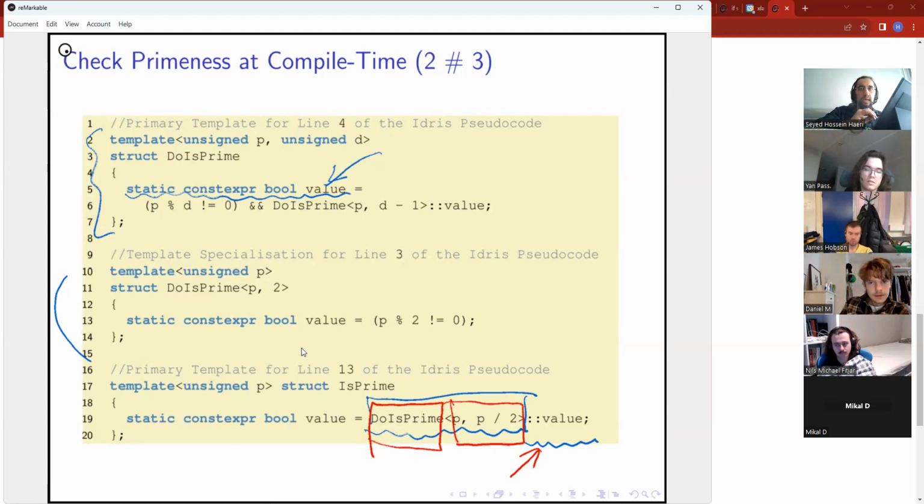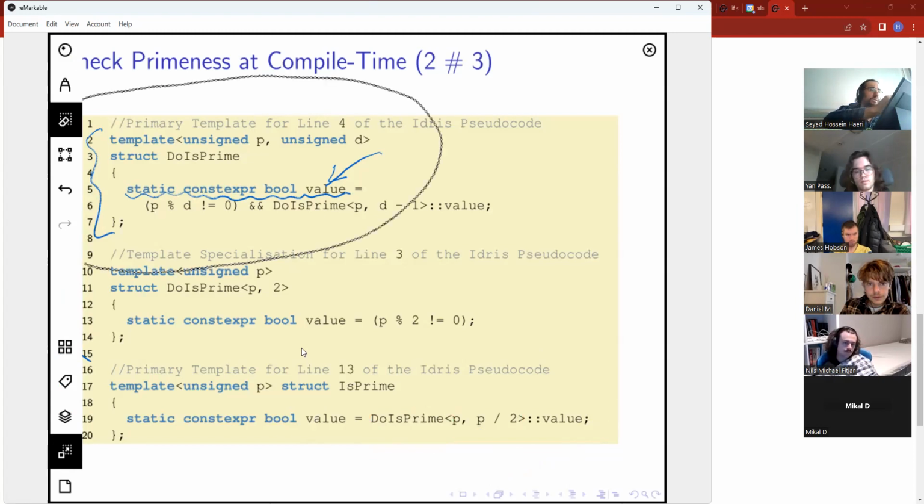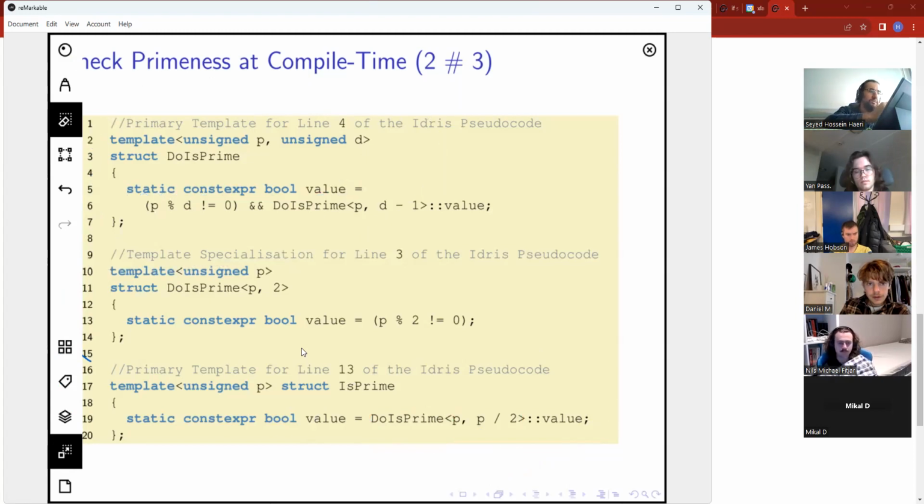Now, one more thing to notice here is that the logic is completely lost in the syntactic noise that we get.